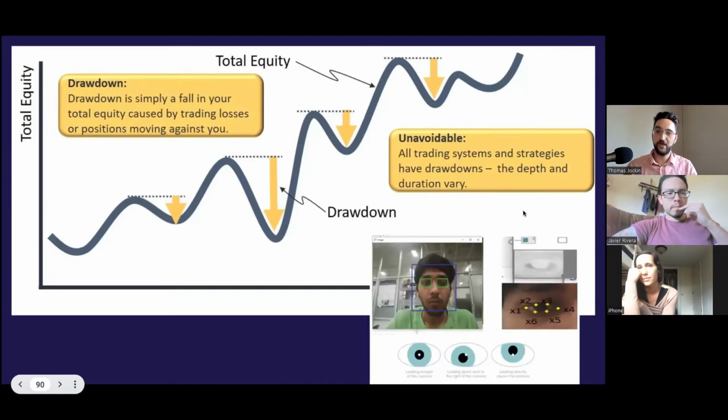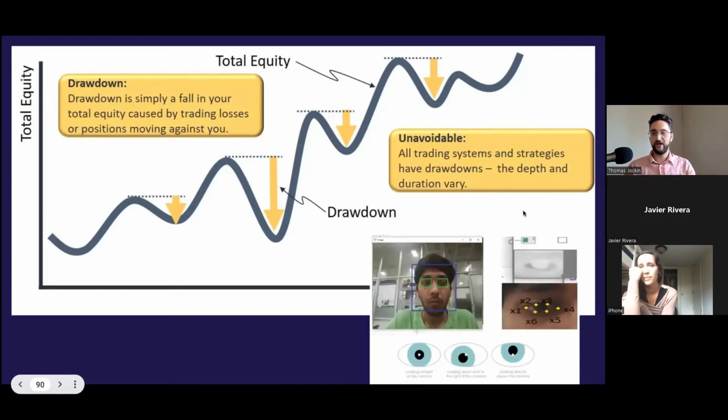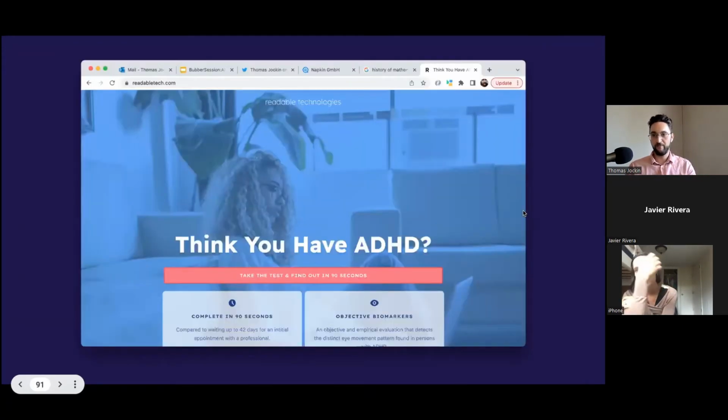measure reading? So the eyes are one of the apparatus we can use for that. So eye tracking, I was working on a project related to that. By reading literature on eye tracking technology, and then I just happened to watch a video about stocks that used the term drawdown, and then I was like, huh. My mind started thinking about it because we were dealing with a problem at the time that we had to solve technically. This led to one of the products we produce, which is an ADHD test.